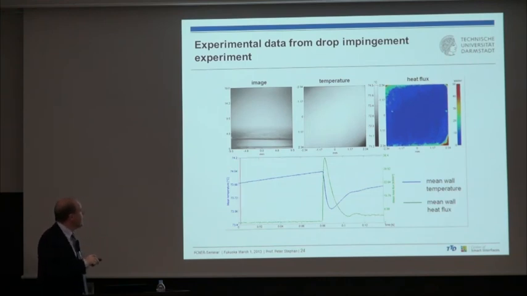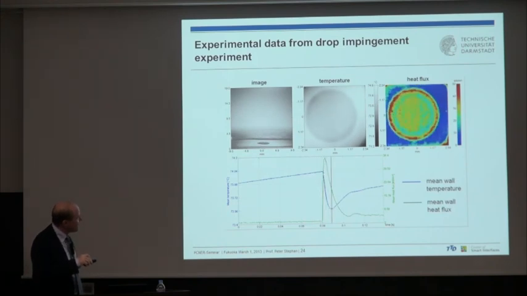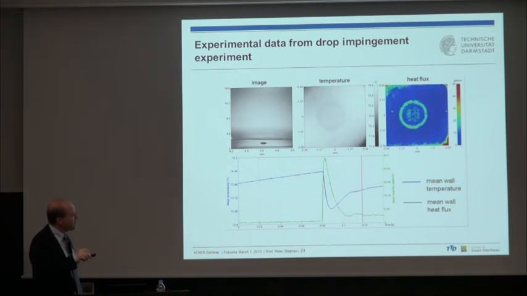I start the movie. You see that it's still heating up, so that means it's not in fully steady state conditions due to the Joule heating, but it's only 0.2 Kelvin. Now the droplet comes. It hits the wall here. There's a sharp decrease of the mean temperature, and even more sharp at the contact line region, and a sharp increase of the heat flux. So the droplet is cooling the wall, temperature goes down, mean temperature goes down, and local even more, and the heat flux goes up. So it's a very good cooling. This here is the cooling rate of natural convection, very low, and then the cooling rate goes strongly up when the droplet impinges.